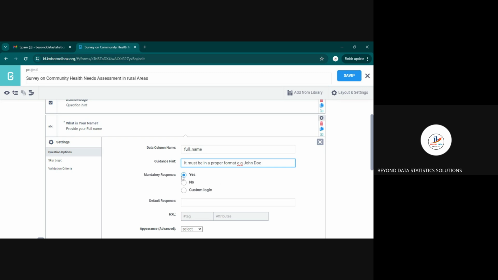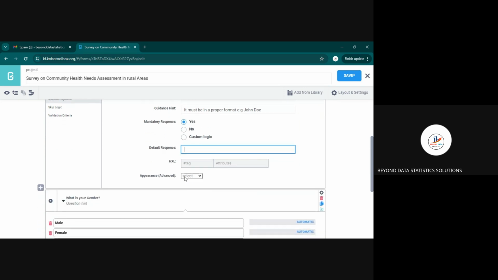So mandatory response, you make it a mandatory response. You can provide a default response on your backend. You can provide a default response when it's needed. And then the type of question is appearance. Here, you had better just leave it. This one is not the best. I will use another type of question for you to check that,